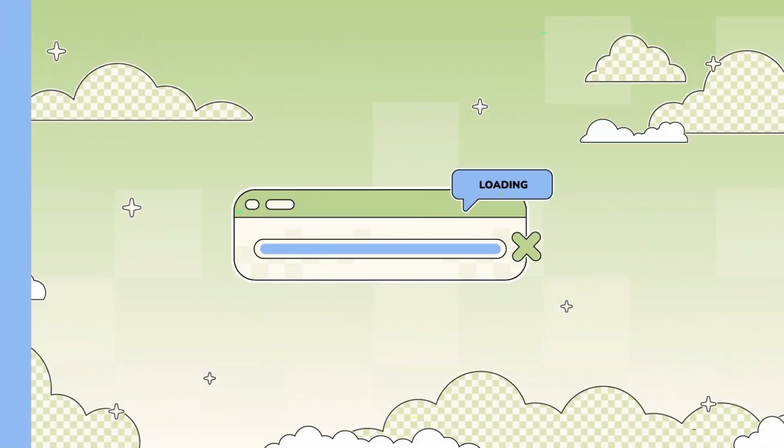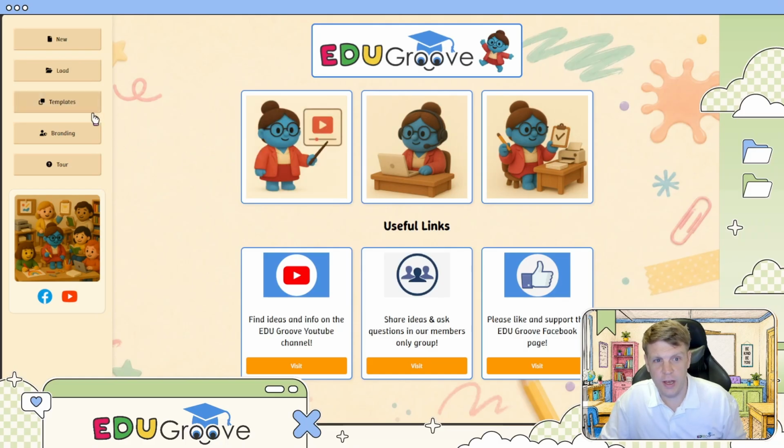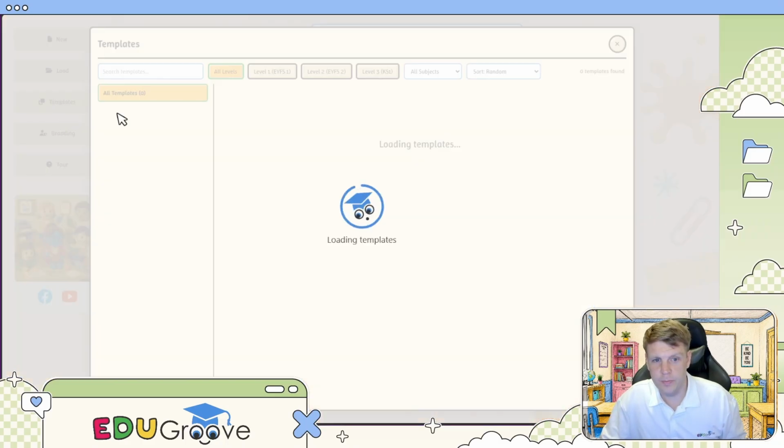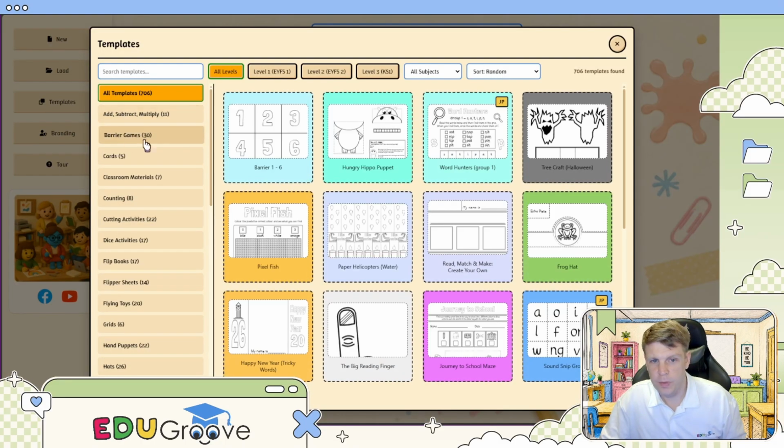Let's take a look in the templates gallery and I'll show you where to find them and how to make your own in just a few clicks. So once we're inside, we'll open up templates, click barrier games,